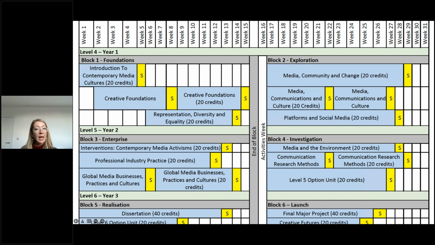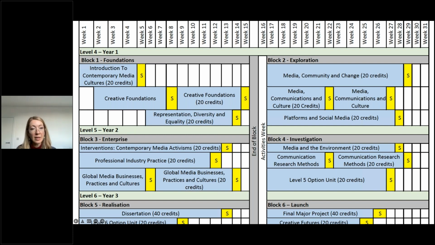But also students will have the opportunity to work with huge cohorts, for example, on the unit Creative Foundations. And students will be working in huge cohorts with students from around the world, from within the program. So they will be collaborating with students from these other degrees. But they will also have smaller groups for seminars, where they will be able to collaborate with other students, but in smaller groups. So a lot of opportunities, really exciting ones.